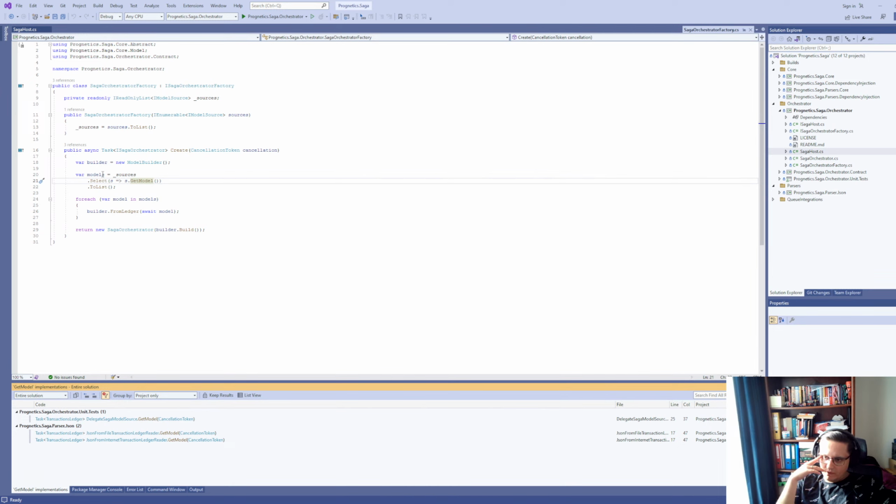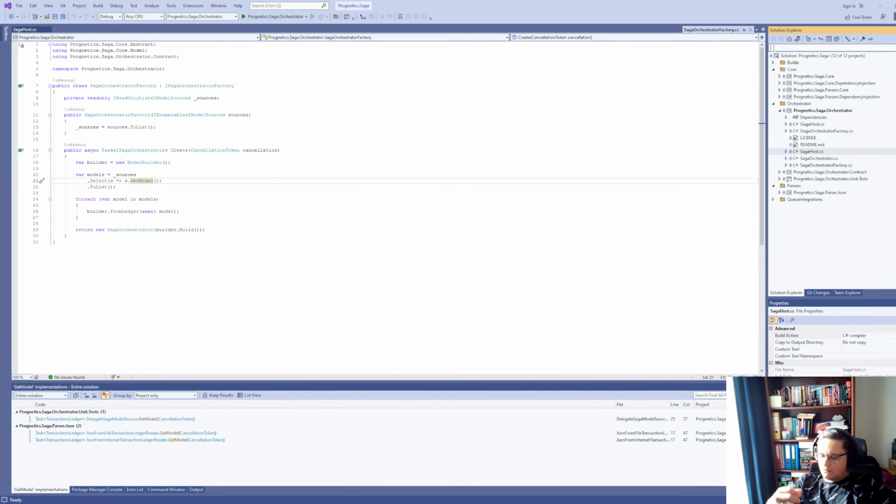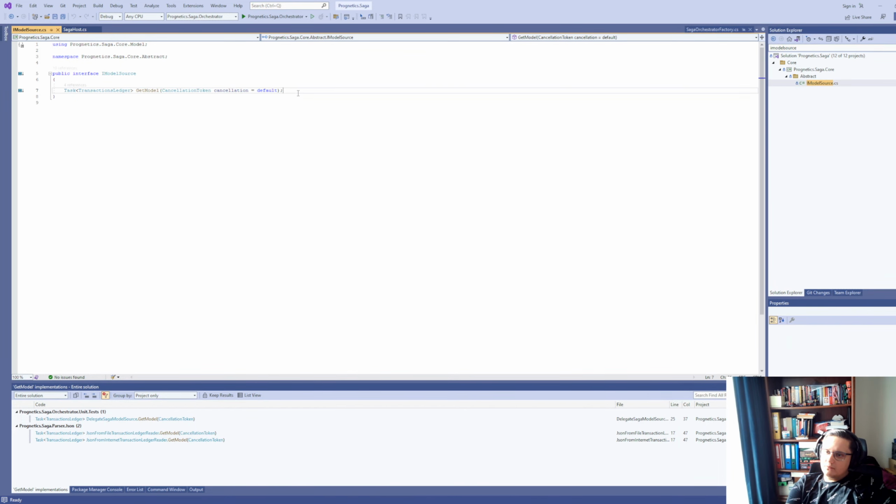Okay, so we are just loading multiple, that's which interface? Model source. That would make sense. And we could create something like